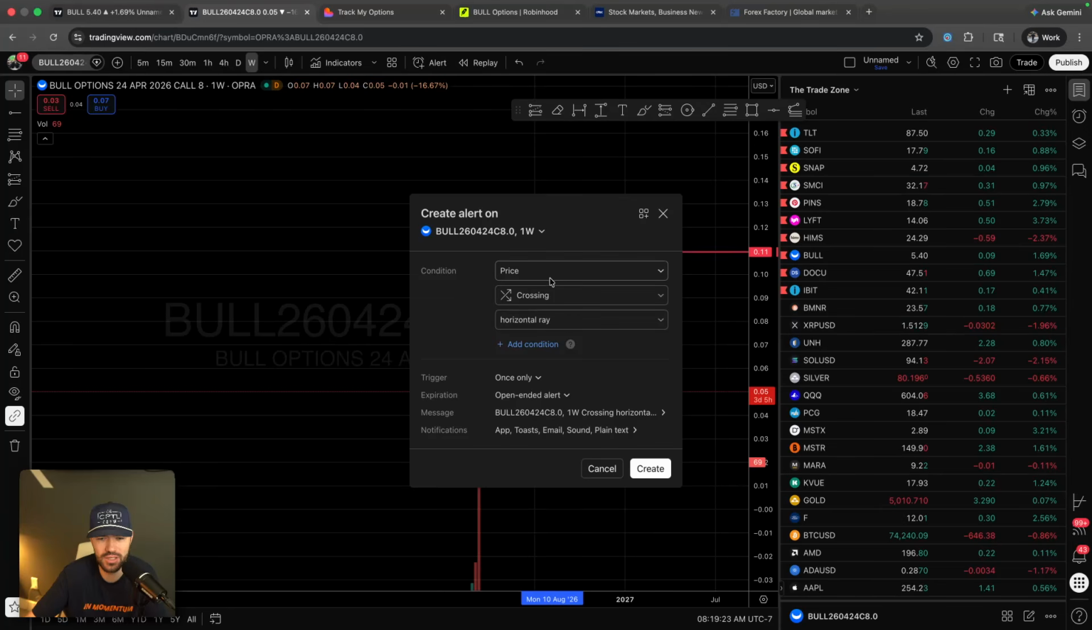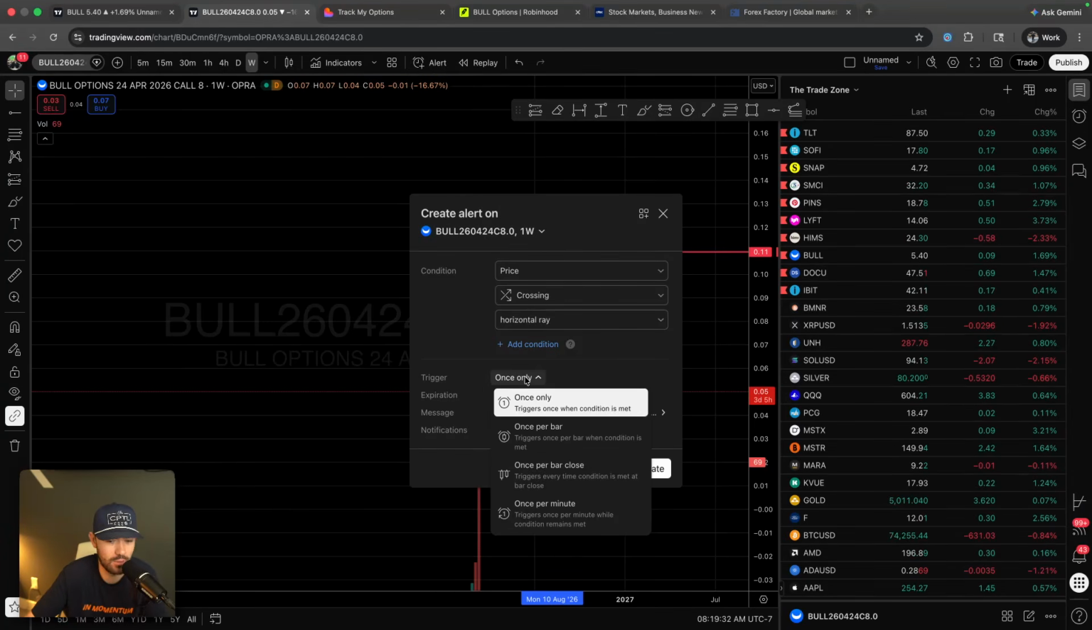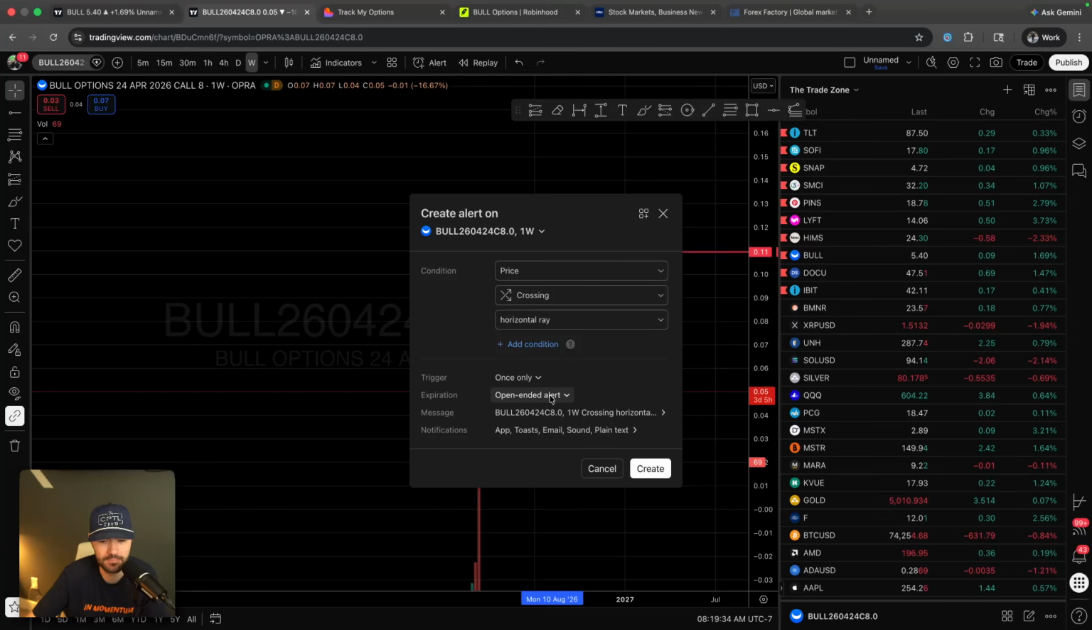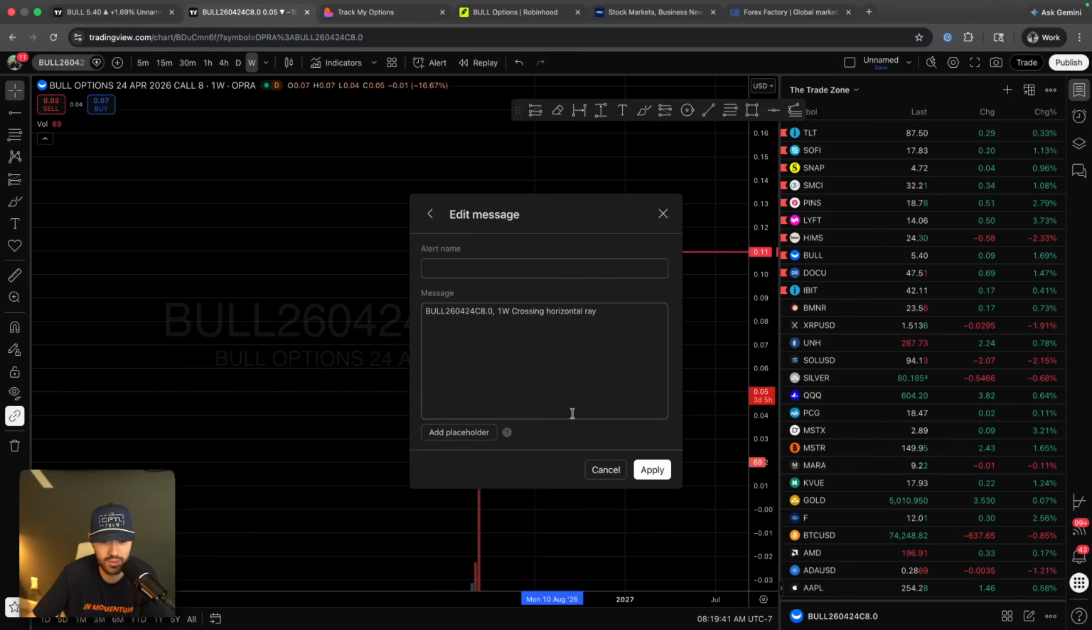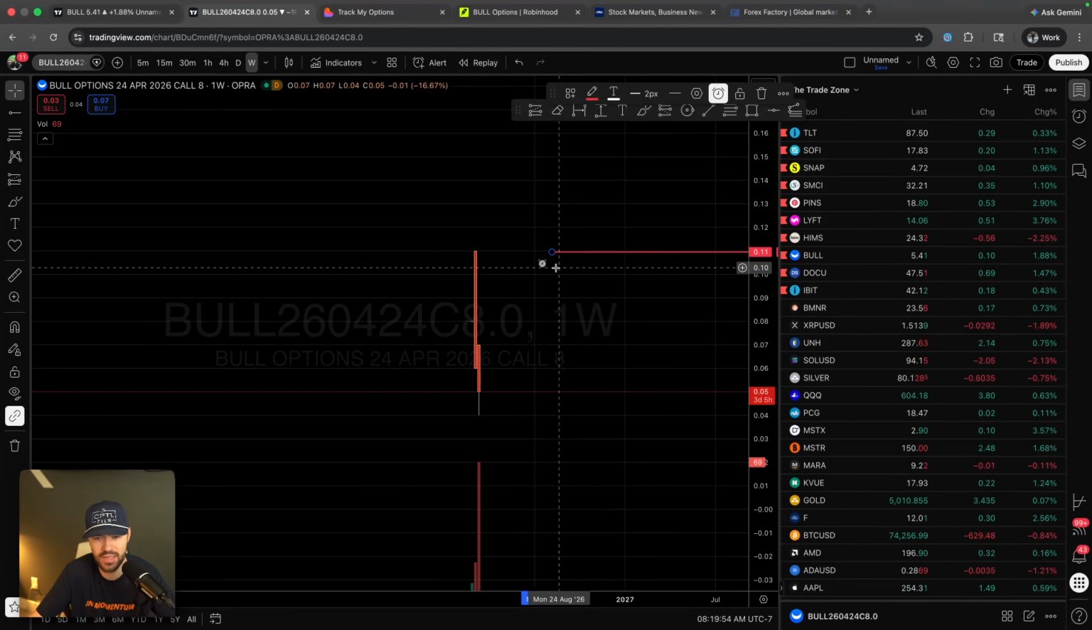And once you do that, you would add an alert. You would literally create an alert on this for when it's crossing it. It would do it once only. Open-ended alert. What notifications do you want? And you'd set your TradingView alert with a message saying, sell a CC on bull. This is a different way without using a pending order with your broker. And now, if I do that and hit create, you'll see the little